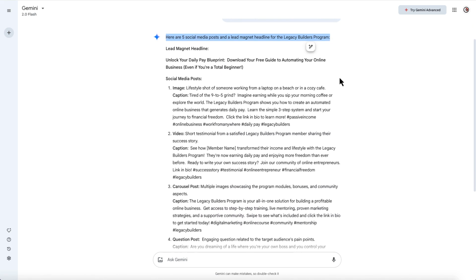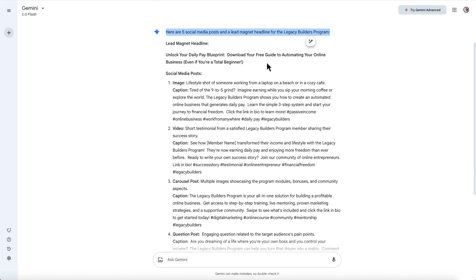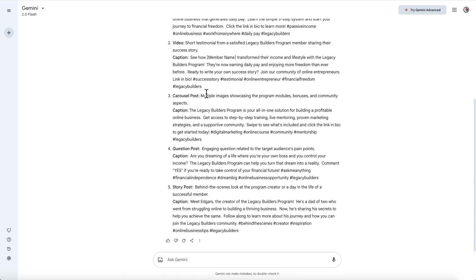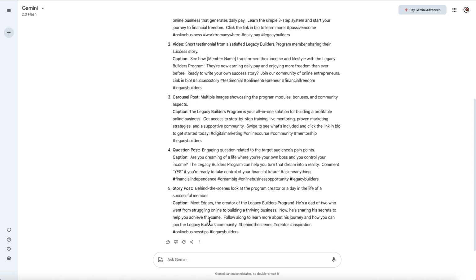Here are 5 social media posts and a lead magnet headline for the Legacy Builders program. This is the lead magnet headline. This is when we build the page inside of System.io, we're simply just going to put this headline and let them know how to unlock your daily pay blueprint. Download your free guide to automating your online business, even if you're a total beginner. Then there are 5 social media posts with exactly what to put in each of the style of post right here